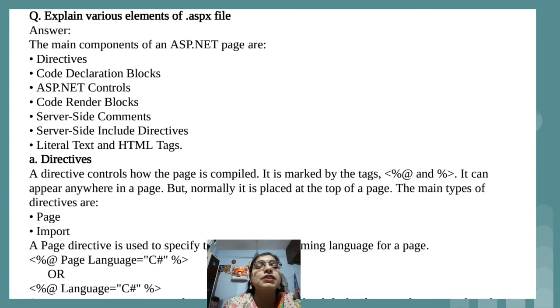Actually ASP stands for Active Server Pages. This was a language previously available, and in this language we normally write the code using not only the triangular bracket, but after the triangular bracket we provide the percent symbol, and then we write the code. This type of format was used in the ASP language. The same things from that language we are using, because we are learning ASP.NET.